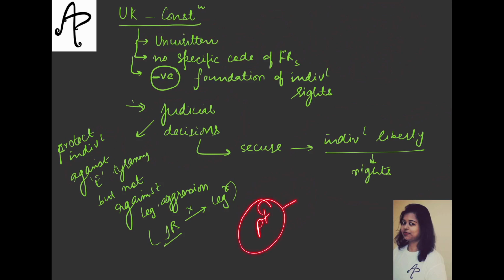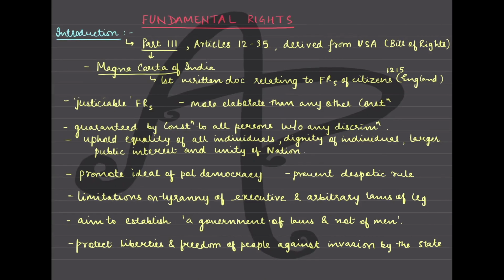Parliament can choose anything to be a right or not choose anything. It is all the discretion of the parliament. So parliament here is supreme. ठीक है, so therefore this is a major reason that India did not borrow the feature from UK about the fundamental rights. And we have seen that we have borrowed it from US.